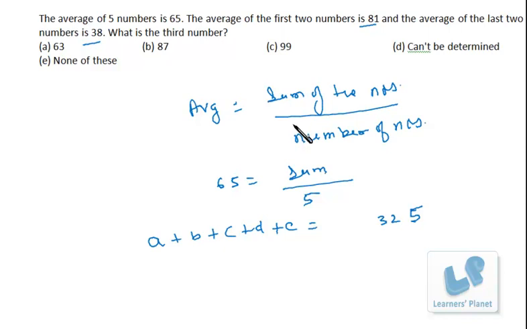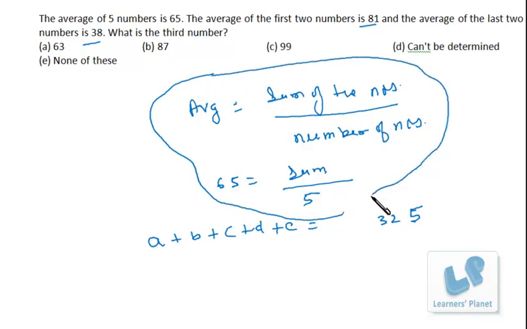Now what we have done over here, just listen to me carefully. The average of 5 numbers is 65. That means the total is what? 65 into 5. That I have proved over here, right? This work I have done for the clarity only. Otherwise it's not at all necessary, right? So if average of a certain number of numbers is given, then to find the sum, just multiply the number of numbers by the average, right? So 65 into 5 is the sum of the numbers. Similarly, if the average of first 2 numbers is 81, then their sum will be 81 into 2, right?